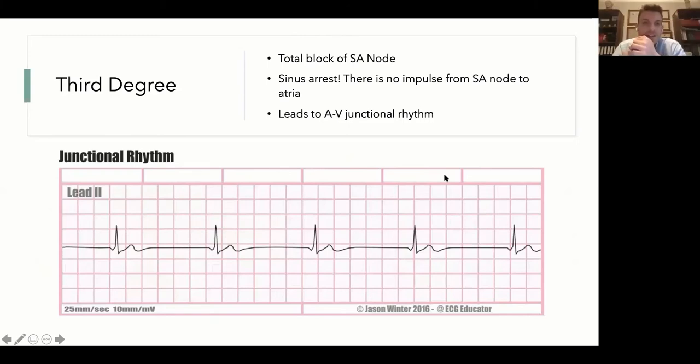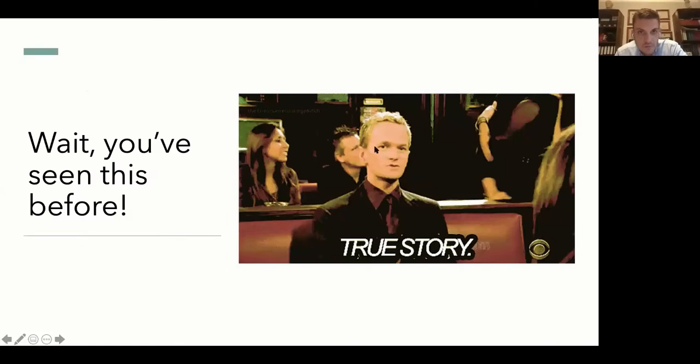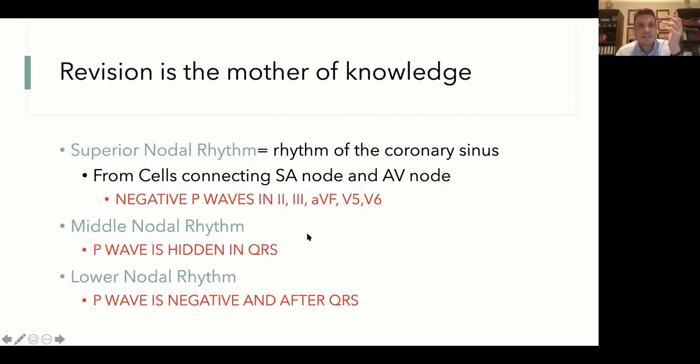Now, the third degree is a type of tricky question, okay? Because we talked about what happens when we have a sick sinus syndrome. We talked about apnoid pauses, and as you understand, the conduction system would not leave the heart to it. They will have a junctional rhythm to take over the firing to keep the heart working, okay? So this will lead to an atrioventricular junctional rhythm, and yeah, it's true. We did see this. It is the superior, middle, and lower nodal rhythm, and this is how it will appear